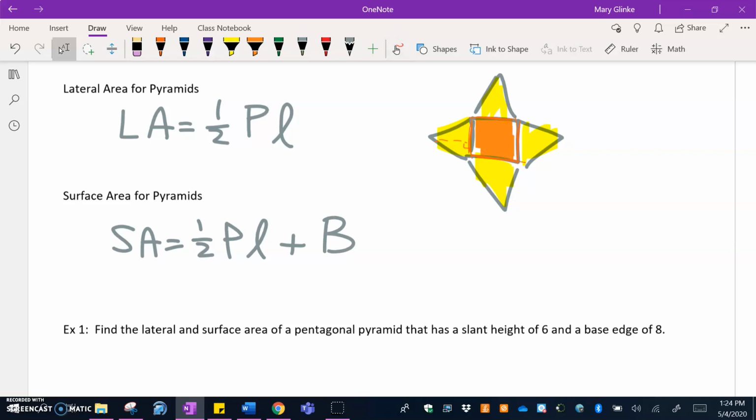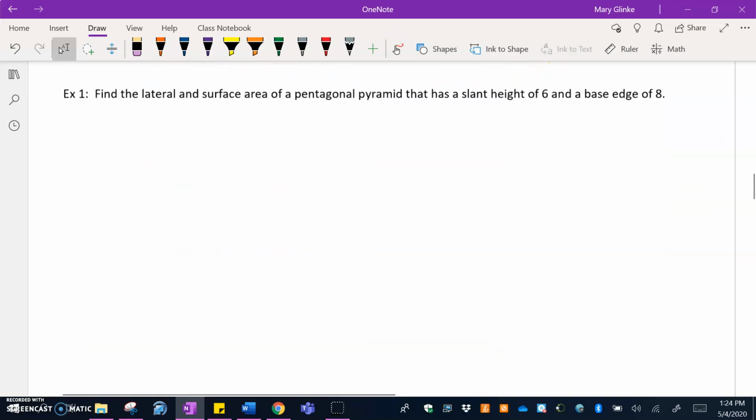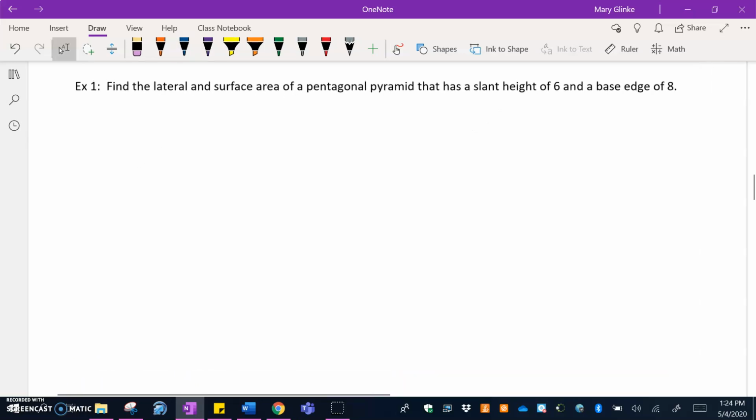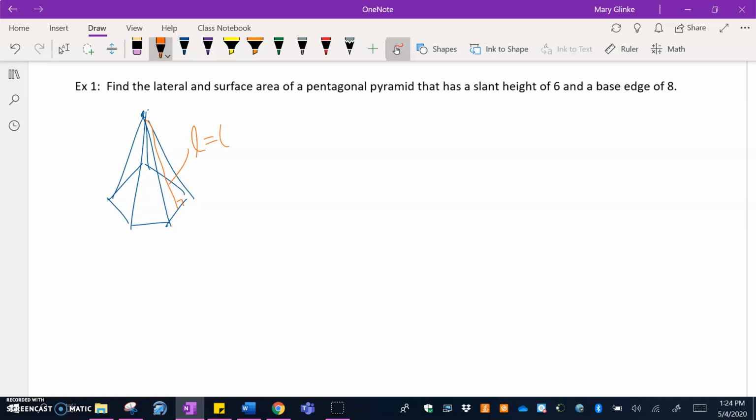So let's go ahead and try finding the lateral and surface area of a pentagonal pyramid. We want to visualize what that would look like. We're going to have this pentagonal base, an apex up here, and all of our lateral edges going down to the base. The slant height is 6, perpendicular, and the base edge is 8,